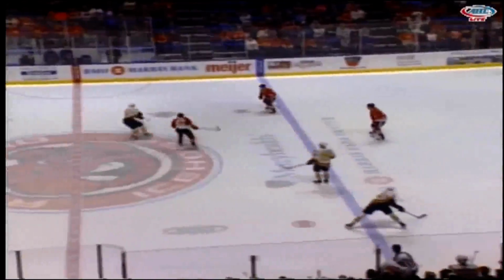DeSouza off the glass. Chicago scored first last time, and Rockford ended up leading 4-2 at the end of the period, which seems to be how things will go again tonight, except with Chicago in the lead. Here's Labrie trying to get one back quickly here at the end of the period, has to dump it in. 5 seconds left. Chicago with control. It's Butler out of his own zone. 2 seconds remain. He flips it in, and that'll be the end of period number